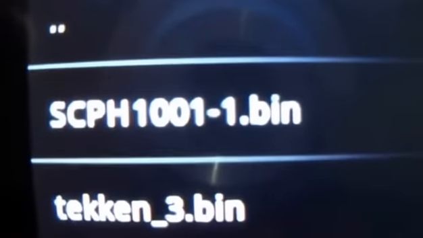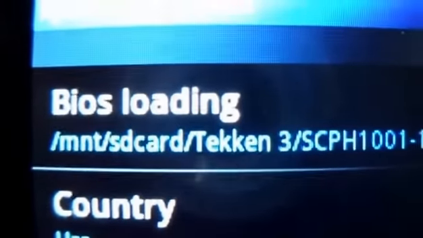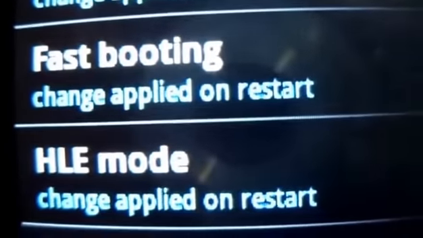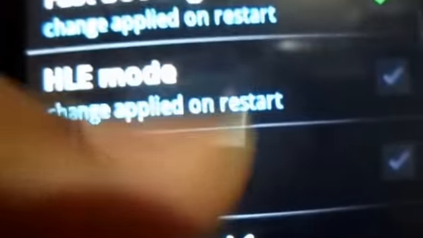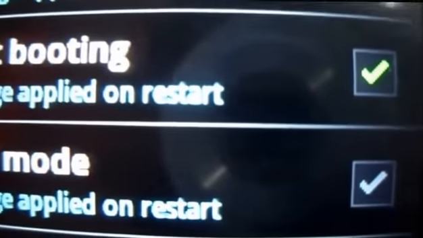As you can see, there is a file scph1001.bin. Select it. Now it gets selected. Now go below. Here you can see the HLE mode. Change applied on restart. HLE mode. Click on it. Means uncheck it. Here you can see I have unchecked it.